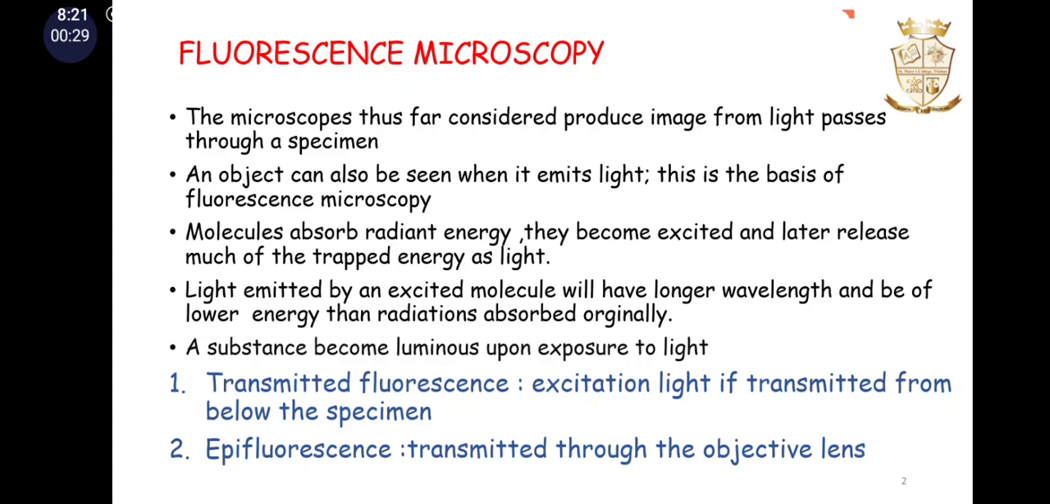Molecules absorb radiant energy and become excited, and later they release much of the trapped energy as light. A substance becomes luminous upon exposure to light. It can be of two types: transmitted fluorescence and epifluorescence. In transmitted fluorescence, the excitation light is transmitted from below the specimen, and in epifluorescence it is transmitted through the objective